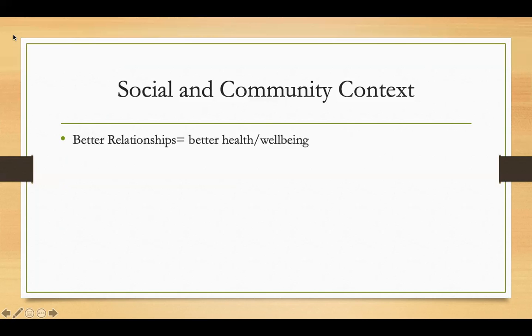And in social and community context, this one kind of discusses the relationships around you, the people around you. So if you have better relationships around you, it's going to equal better health and well-being. This is the idea. So for example, let's say that you don't have relationships around you. Let's say that you're going through very hard times in your life, and you don't have any social support or any social nets around you that you can go to talk to about these hard things. That can take a huge toll on your mental health and your physical health as well.